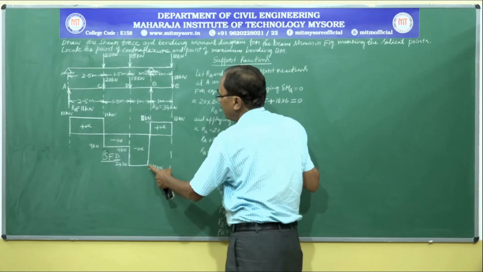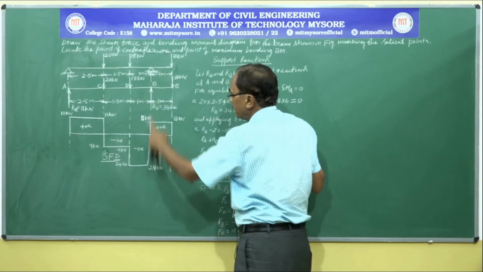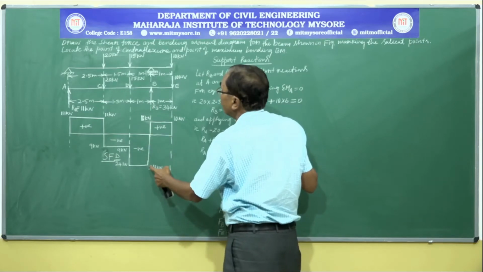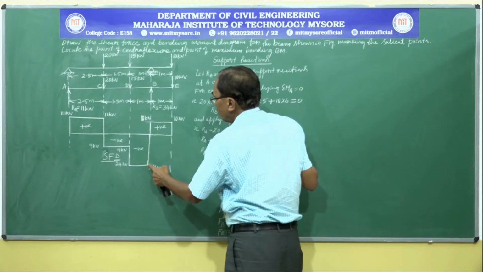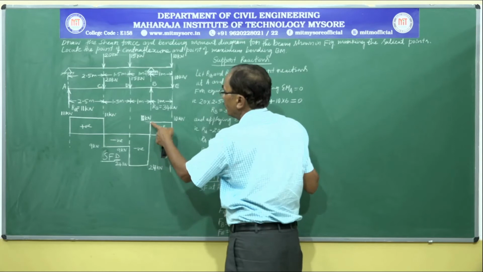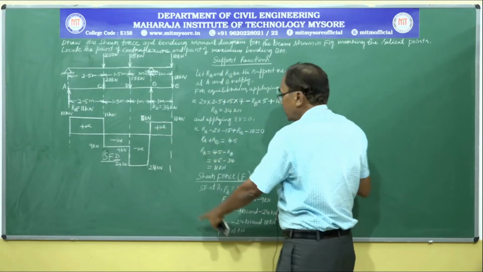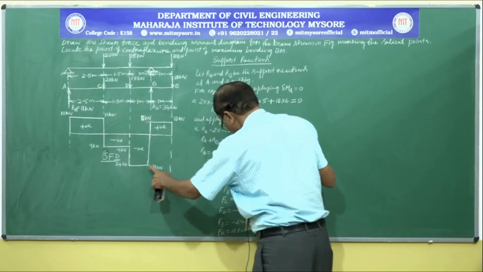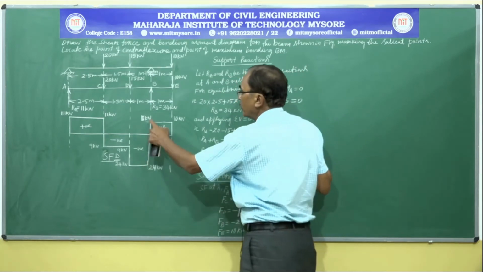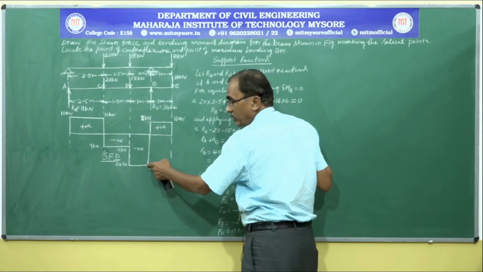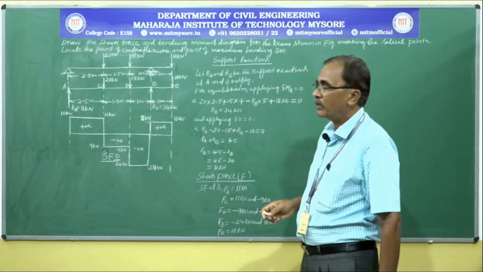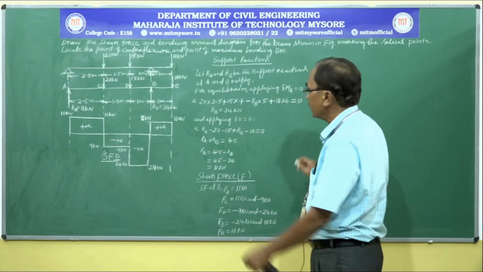When we reach point B, there is an upward support reaction of 24 kilonewton. We had gone up by 34 kilonewton here. So 34 kilonewton means it will cross the reference line. Up to here it is 24, above this 10 kilonewton. Hence there are two values here. The first value is minus 24 kilonewton, then it is 10 kilonewton. We moved from here to here, not from here to here. Always we have to maintain the order in which we have drawn the shear force diagram.